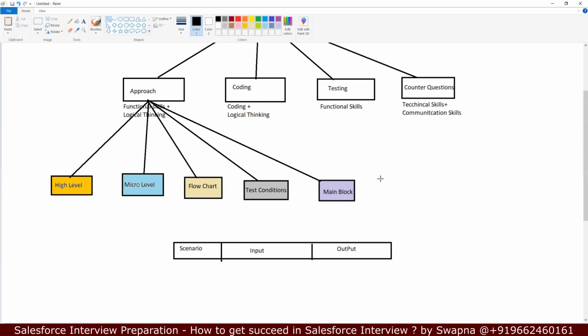It could be in descending order or ascending order. Don't worry about that. Okay, whatever comes to your mind first, like methods. I need three methods. Write three methods. Then I need four variables. Write the four variables. Don't worry about the order in the main block. Once you get the clarity, then order it.